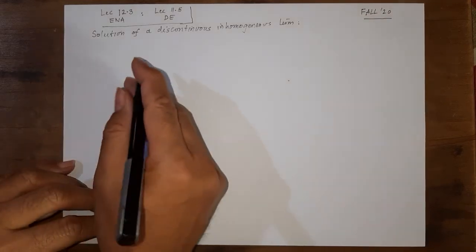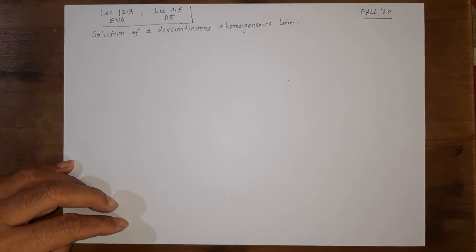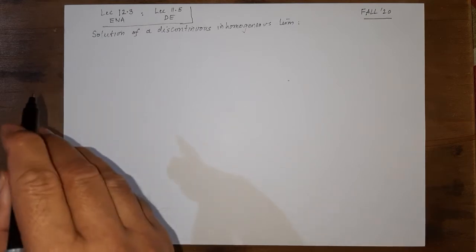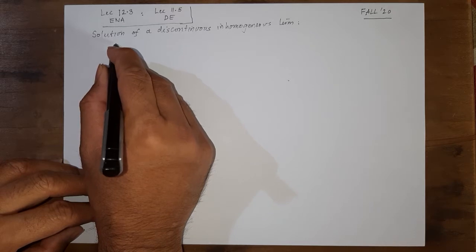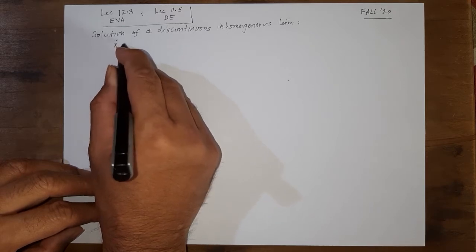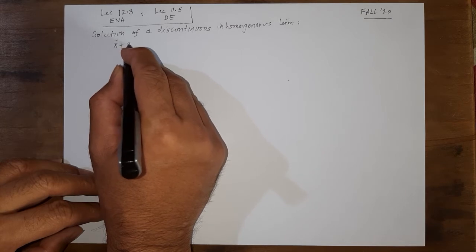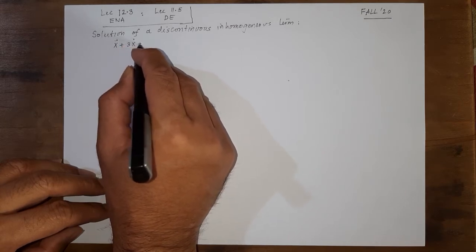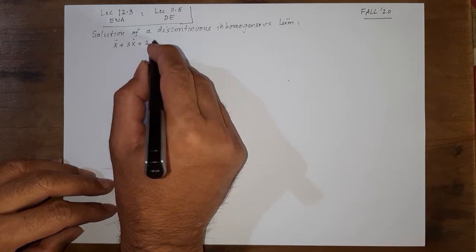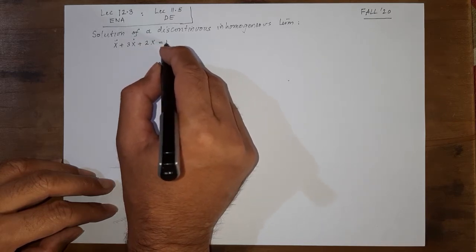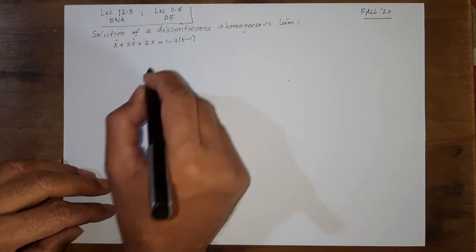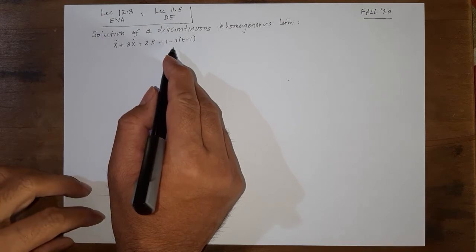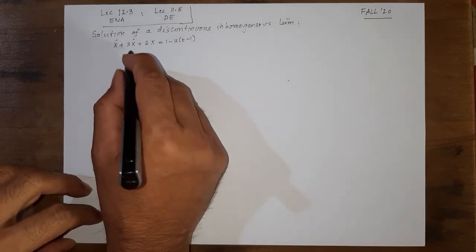Let us now try to solve a differential equation with a discontinuous inhomogeneous term. Suppose the differential equation is the second derivative of x plus 3 times the first derivative of x plus 2 times x is equal to 1 minus u(t minus 1). Now this is a discontinuous term, and suppose the initial conditions are